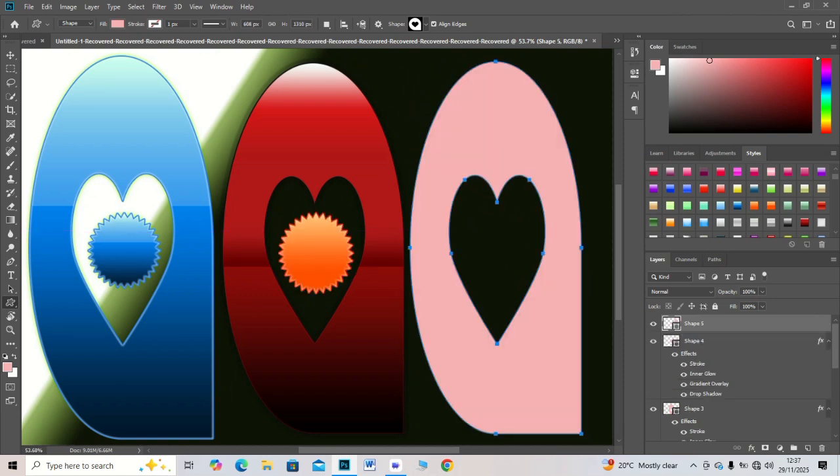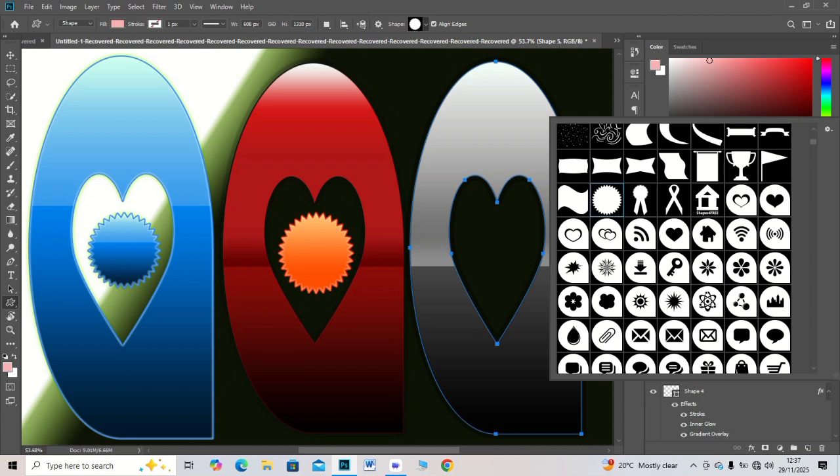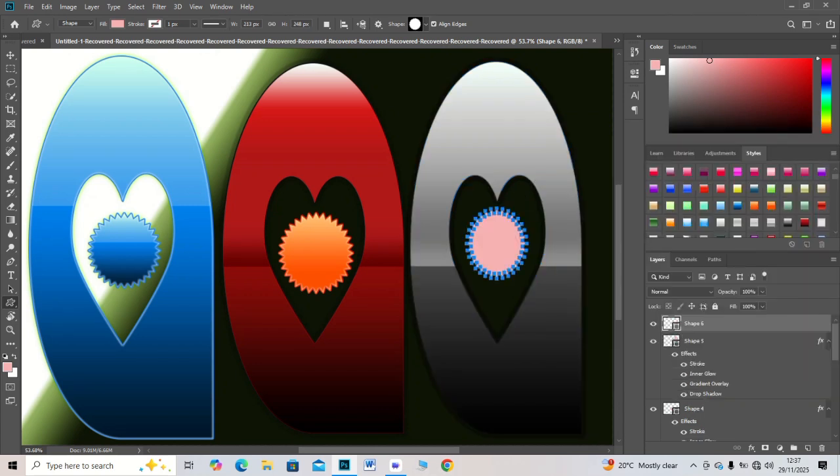To save your custom shape, go to the paths panel and click on the save path button. Give your custom shape a name and click OK. Your custom shape is now saved and